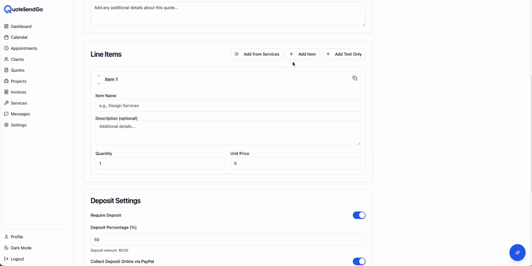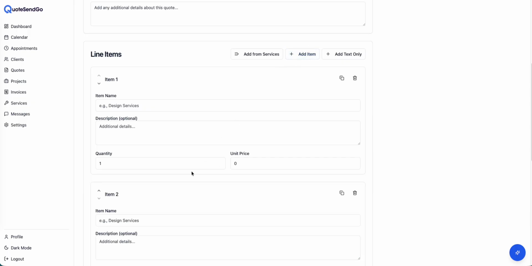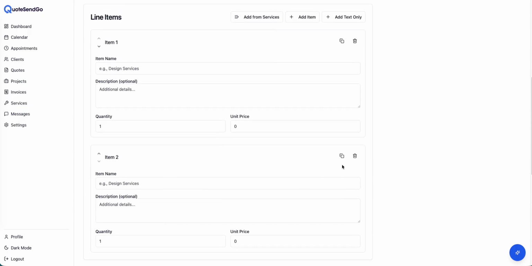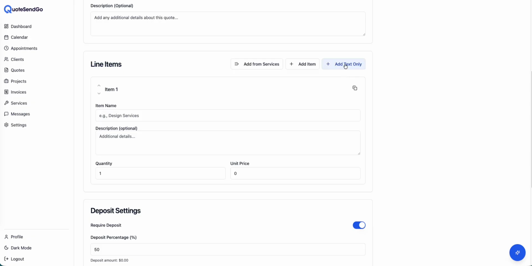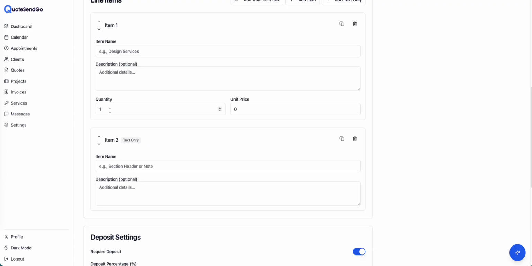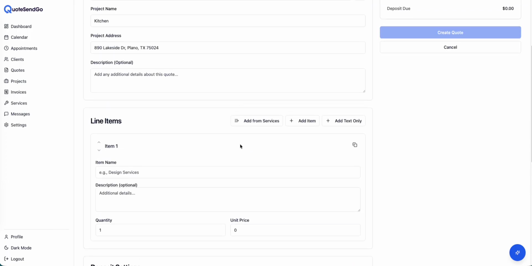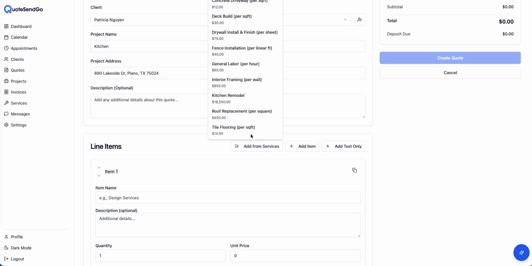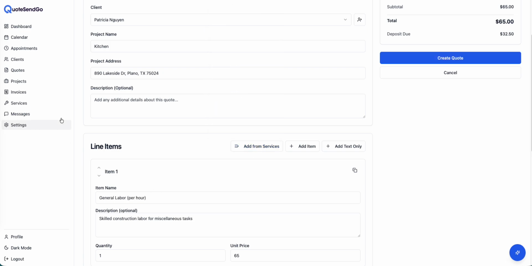You can add a new line item like so. You can add a text only line item like so, and that is just a line item without the quantity and the unit price. And then you have the option to add from services that you have already created in the